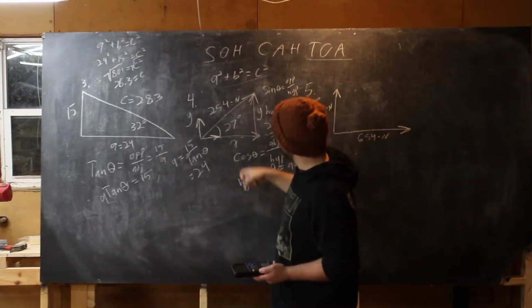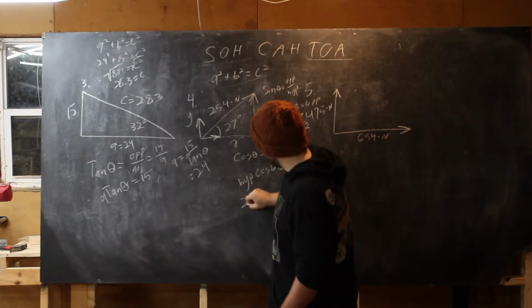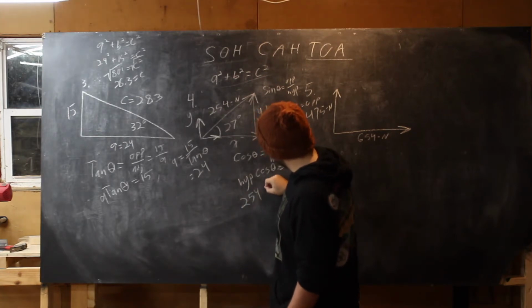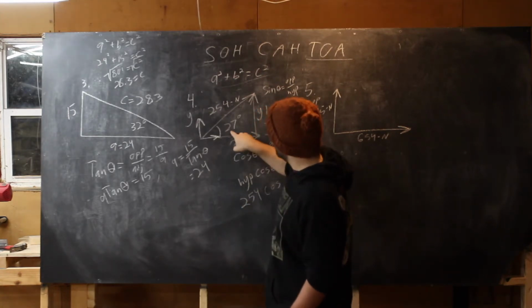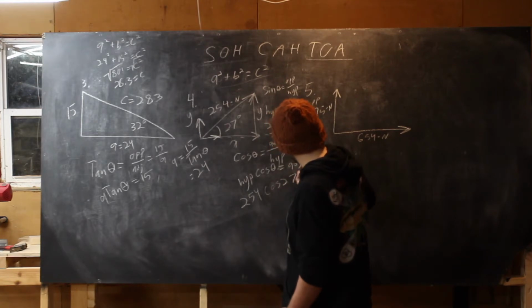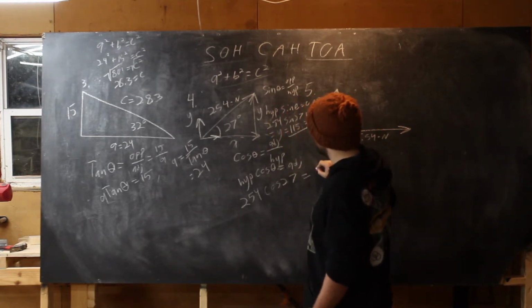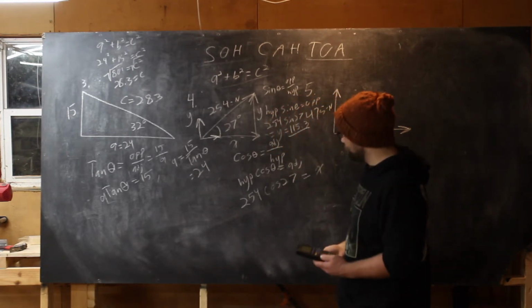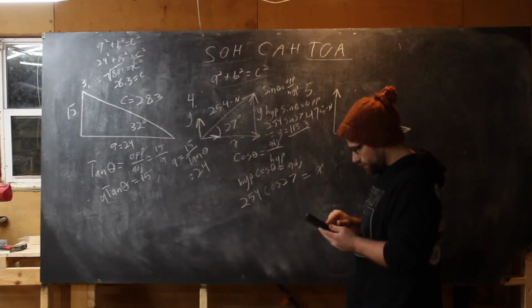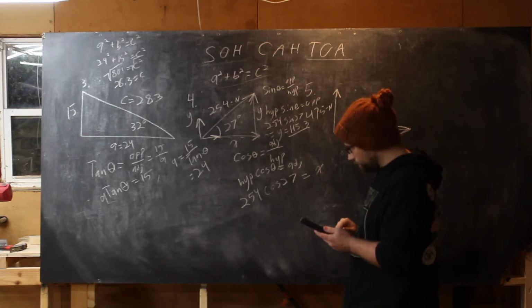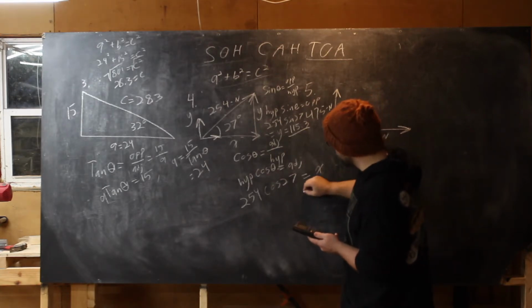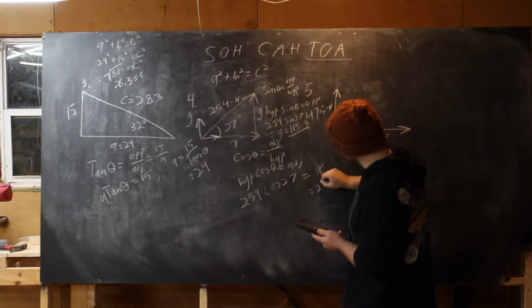And in this case, that hypotenuse is again 254. So 254 times the cosine of theta, which is 27, equals x. Okay? So 254 times the cosine 27 is going to give me 226